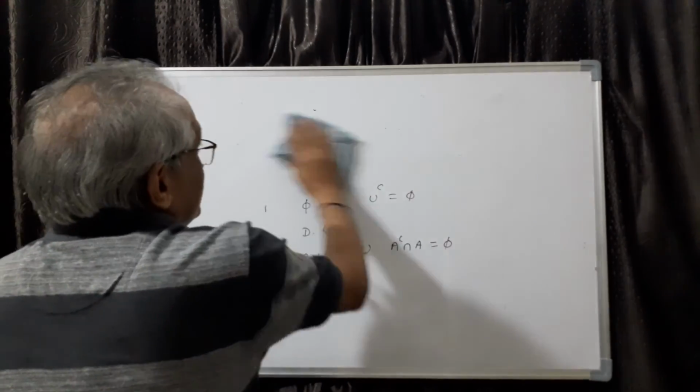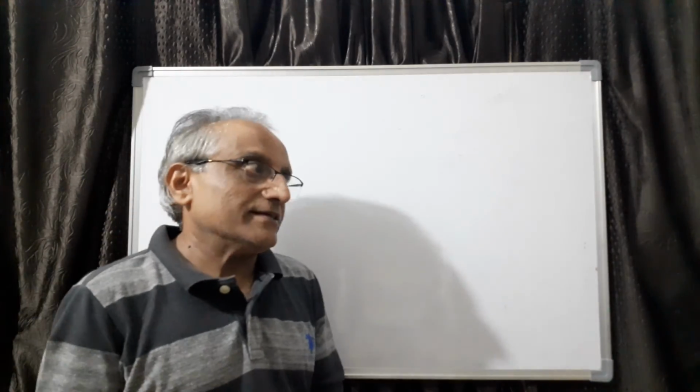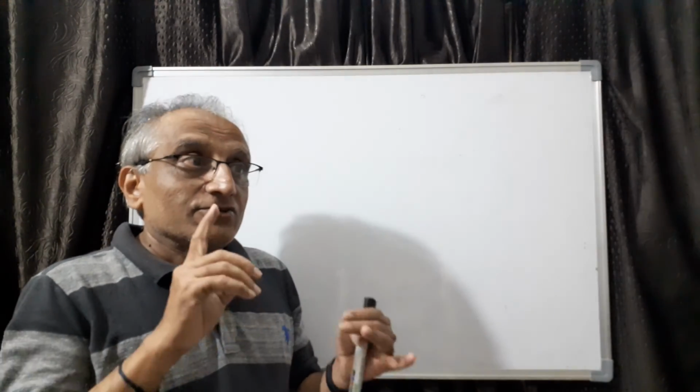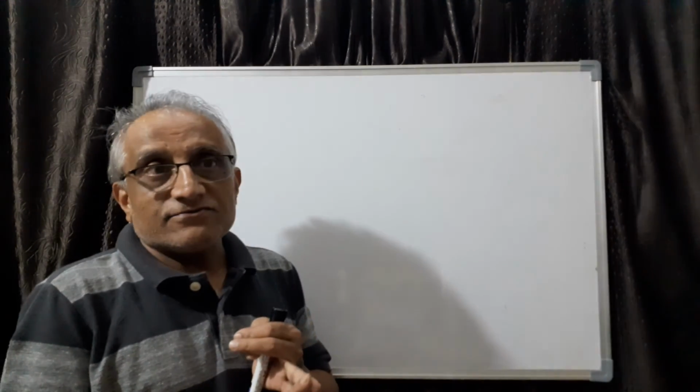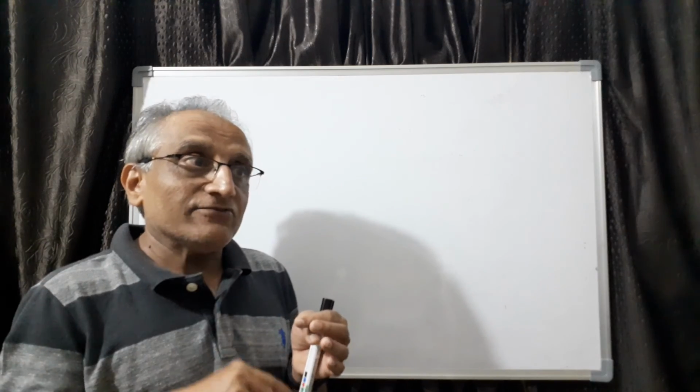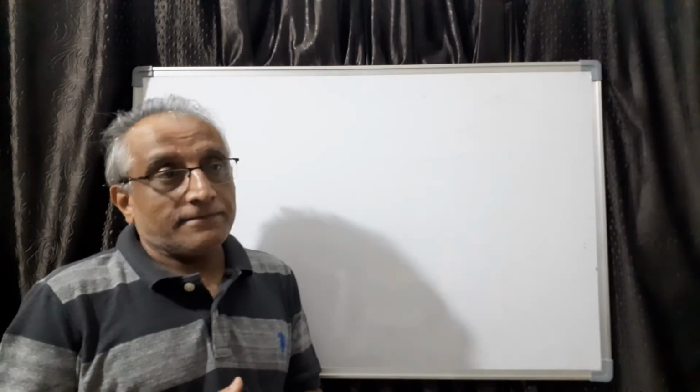Now 2 more operations are remaining that we shall see in the next class, because if I take all of them together there will be confusion. Union of 2 sets we have to study. Intersection of 2 sets we have to study. What is union and what is intersection? Let us try to learn in the next lesson.